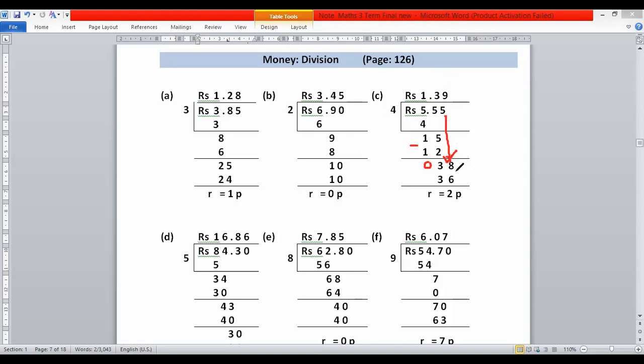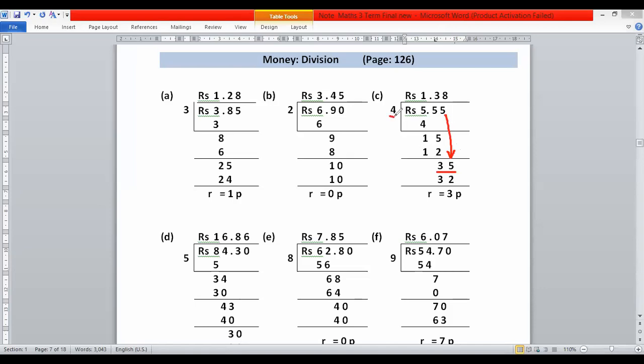Here not 8 is written, and actually here is, I think, here is 8. So we shift 8 down. So as per book, the question is 5.55. Dear students, here we shift 5 down, we get 35. After that, we divide 35 by 4.